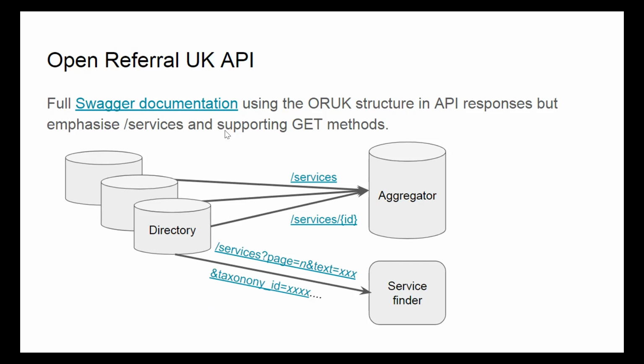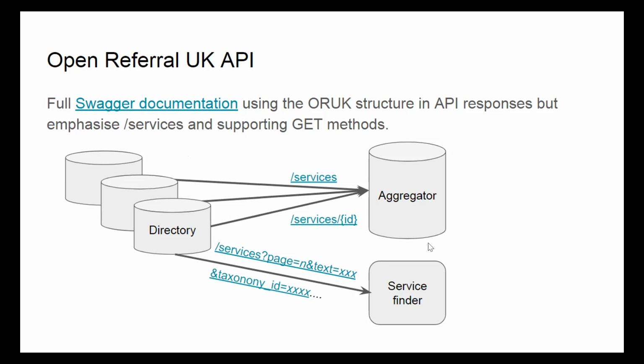So I'm kind of promoting those as a core set. There's /services is the main one. And if you get these slides, and I've linked to them in the documentation, these links are live. So they are live queries to service directories. So that one gives us the first 50 services in a Bristol services directory. That gives us the services in detailed information for one particular service. And these are the only methods you really need, plus perhaps 1 or 2 about taxonomy terms, in order to be able to extract all the data from a directory and stick it into another directory.